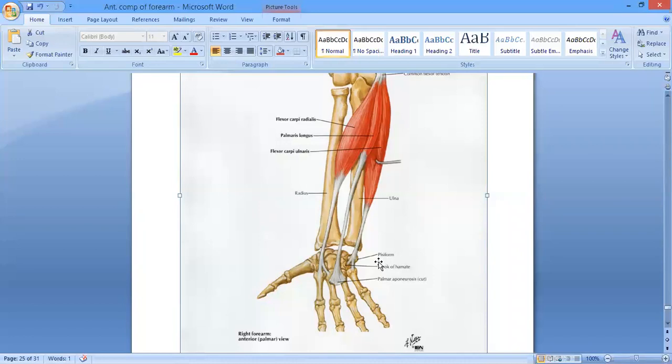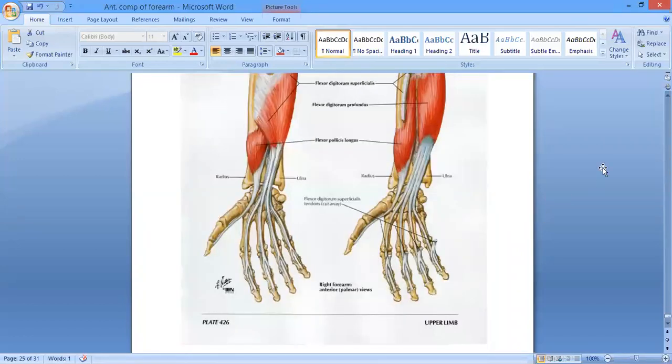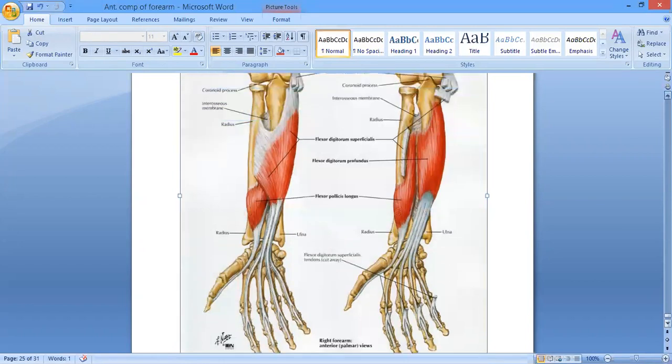Okay, now we'll talk about the flexor digitorum superficialis. I told you that this is a muscle of the intermediate group. It is also called flexor digitorum sublimis. It is also called the extrinsic flexor muscle of the fingers, because it is going to control the distal parts of your fingers. So it is also called extrinsic. Why extrinsic? Because this is a muscle coming from outside of the hand. It is coming from the forearm and is going to act over the middle phalanges of the hand. So it is called the extrinsic flexor muscle of the fingers, right?